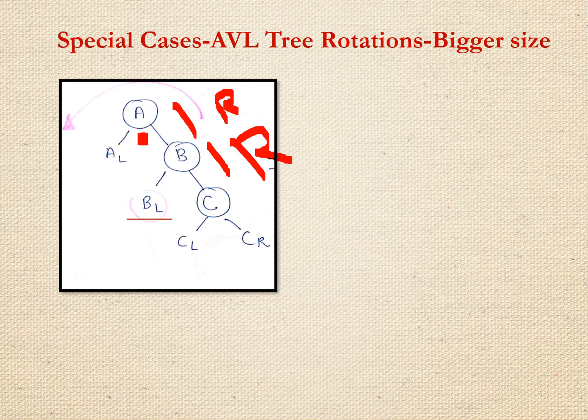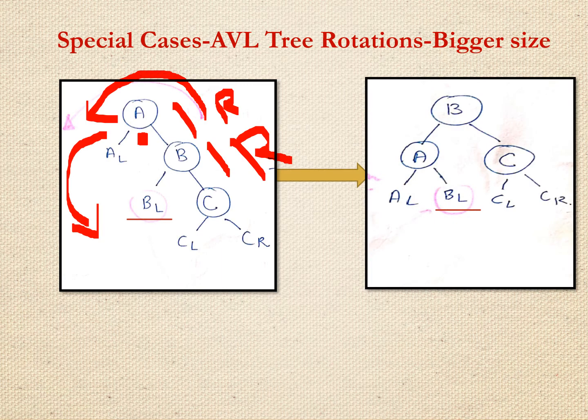Now this is an RR imbalance, so we'll be going to the left side. What will happen in this case? B will become the root node, A will be shifted downward, and C will be as it is. Now what will happen with the different nodes? Let us verify that. You can verify that A is shifted to the left-hand side, here. Then B node will become the root node, and C is there as it is. Now the problem was again with CL and CR, which are placed as they are as child nodes of node C.